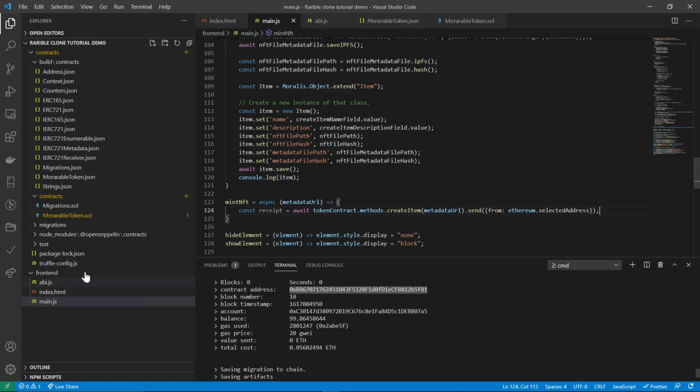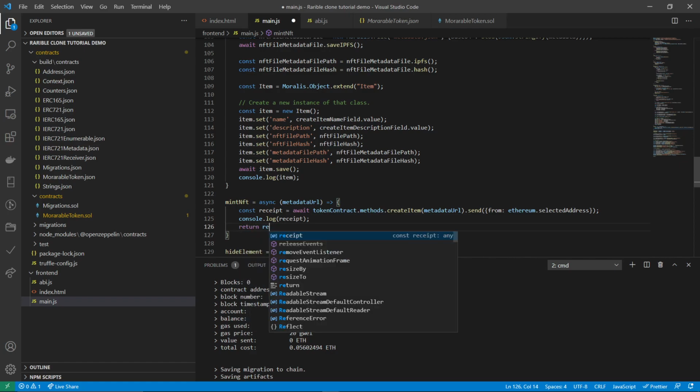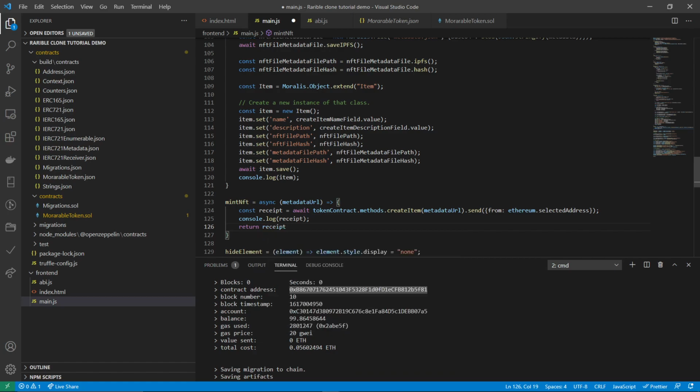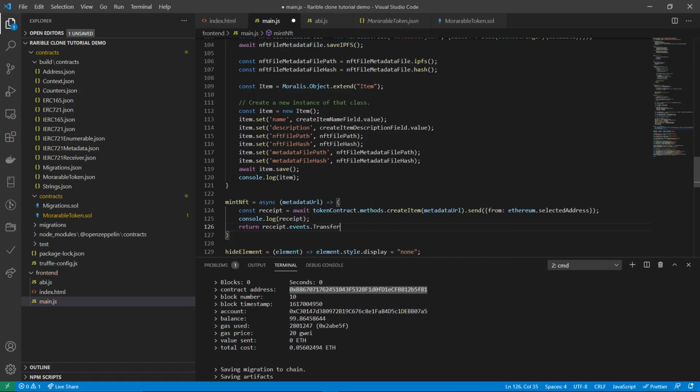Okay, and after this is done, then we can just console log this to see what we get back. Console.log the receipt, and we can have this function return the ID of the token. And we can find that by doing this. So we return the receipt. We go into the receipt, and then we check the events, dot the transfer event, and this is called by the mint function that is called by the safe mint function